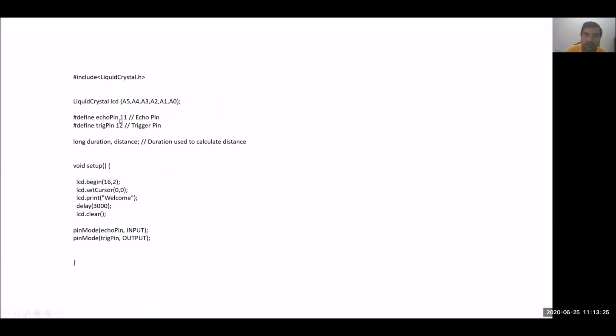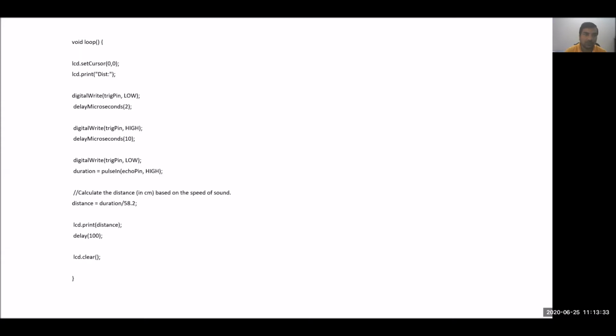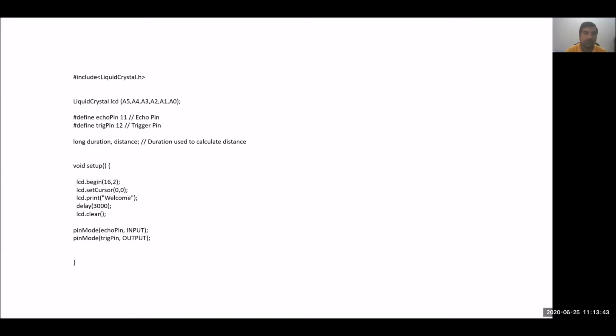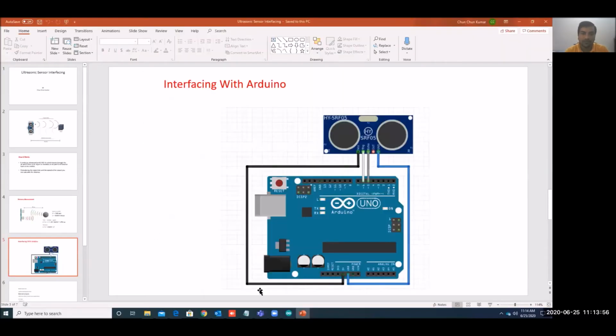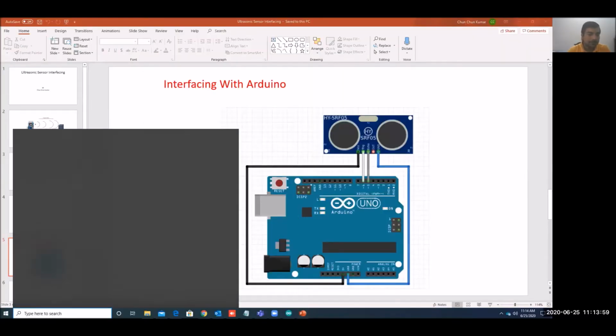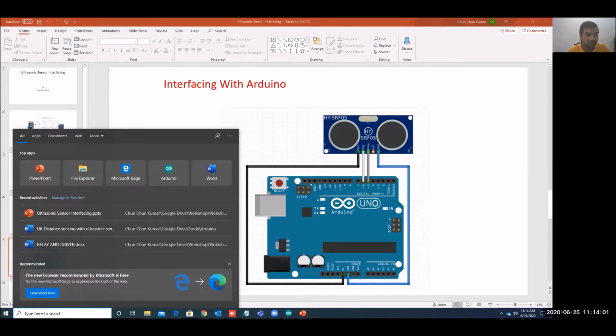So here is the program that we will try to write. We can write it, not a problem, we just need to remember the formula. Currently I will show this only with serial communication. With serial communication, we will first measure the distance and send the distance data to the serial, so we can monitor the serial and see the distance. I will show this example with Proteus and also with the physical circuit. So let me check with Proteus.